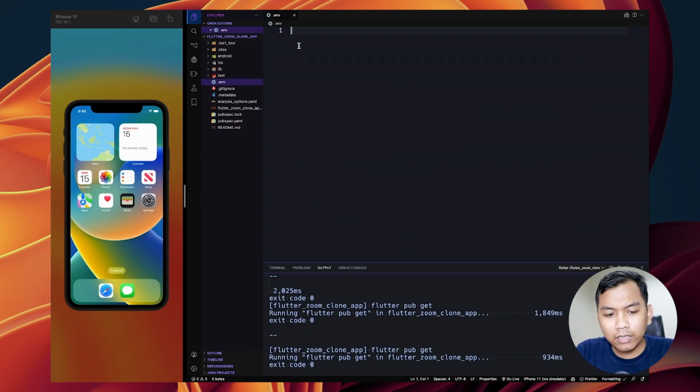And the next step, we need to go to the .env file and create new variables, name it Zego app ID. And the second one, Zego app sign. And we will paste the secret key here.